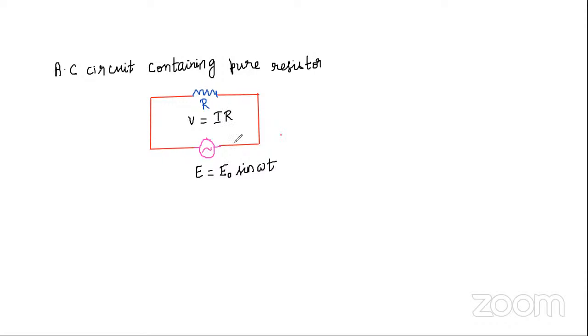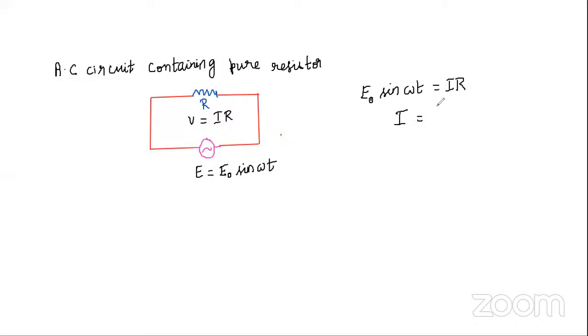So this is the AC circuit containing pure resistor, and here there won't be any phase difference between the current and the voltage, because this circuit contains only resistor. So there won't be any phase difference between the voltage and the current flowing through the circuit, and the equation is given by E naught sin omega t equal to I into R. This is the equation, and from this equation we can